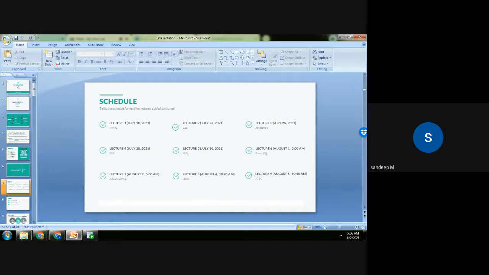And this lecture and the lecture tomorrow are not part of your official syllabus. Lectures 6 and 7 on SQL are the background knowledge we require to cover units 4 and 5, that is on JDBC. So they are not part of the official syllabus, and that's why I'm not taking these classes in the regular timings. In the regular session at 10:40, I'll be taking the official syllabus. These two lectures, today and tomorrow, are just to give you the background information.